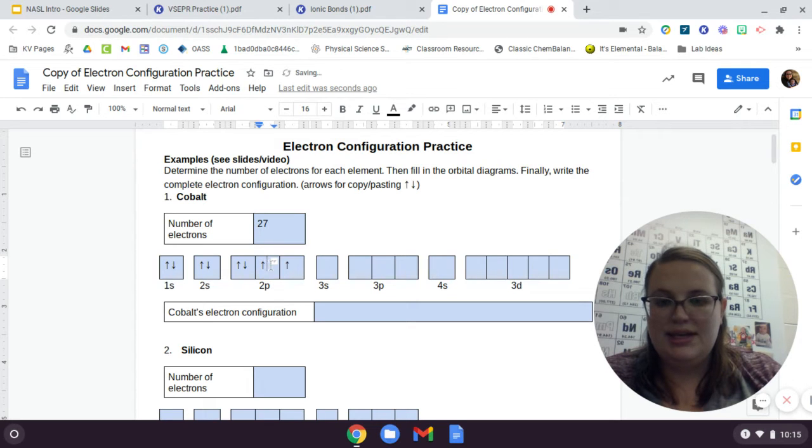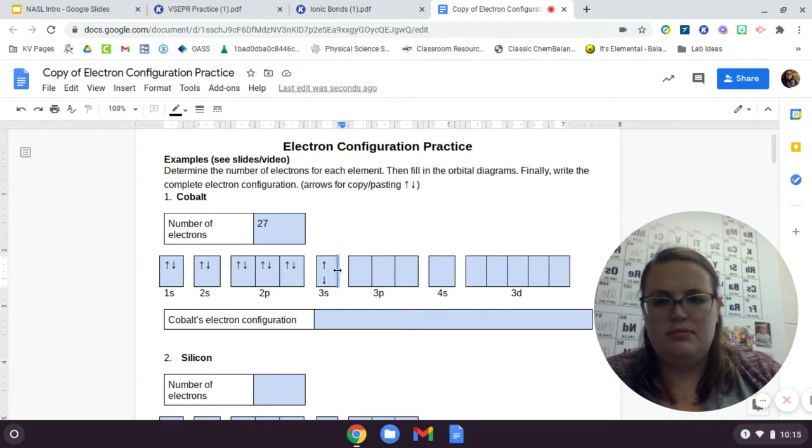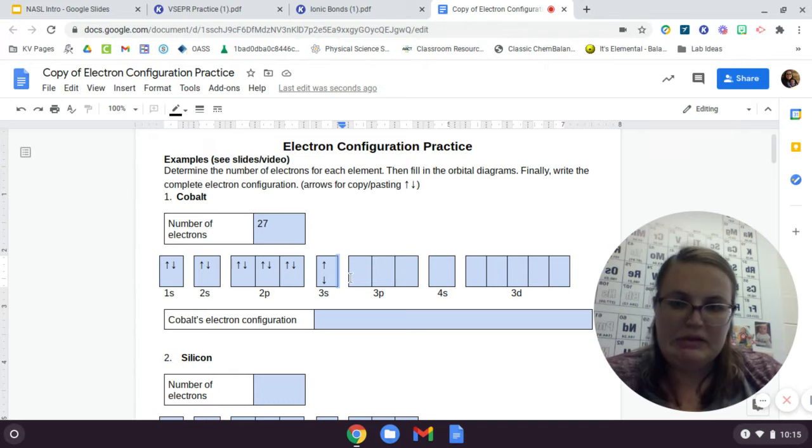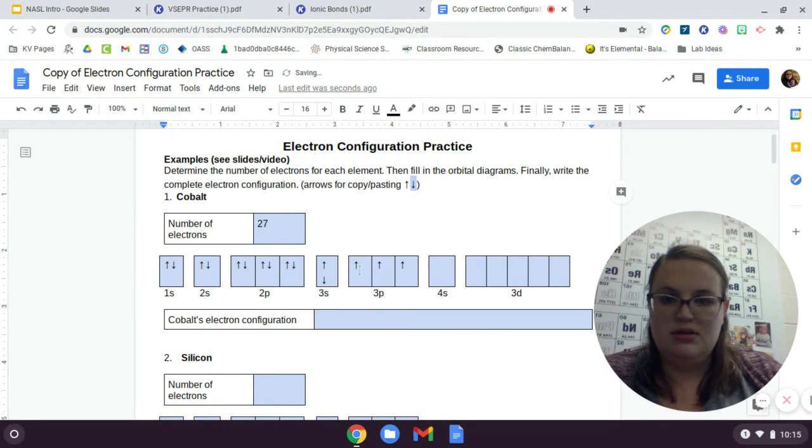8, 9, 10, 11, 12, 13, 14, 15, 16, 17, 18,